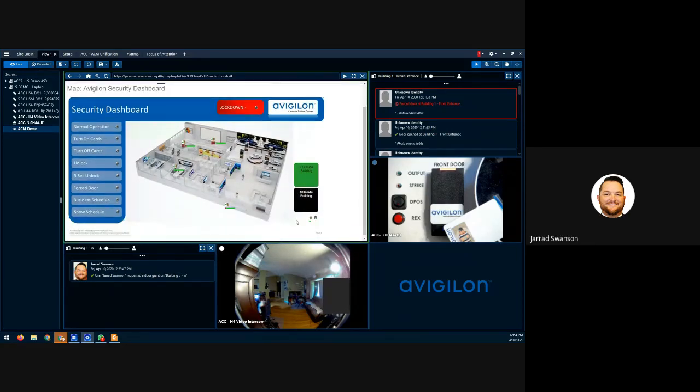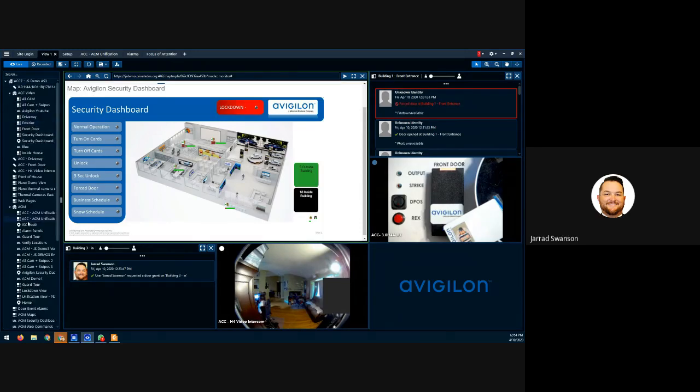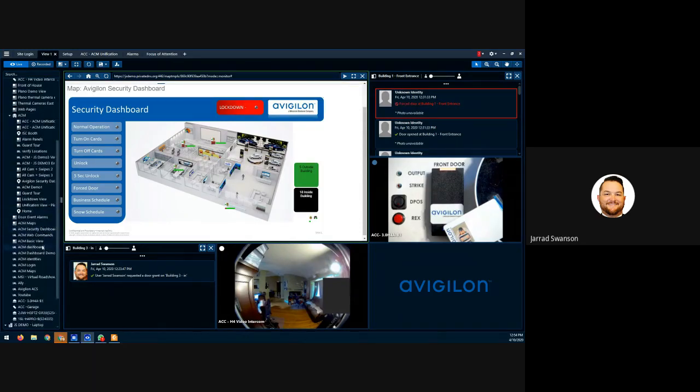But the idea behind this is that single pane of glass. Operators don't want to have to go back and forth, even if they have multiple screens. I don't want to have two or three or four or five programs open to perform my job. One thing you'll see here is, where's my web pages? So what I've